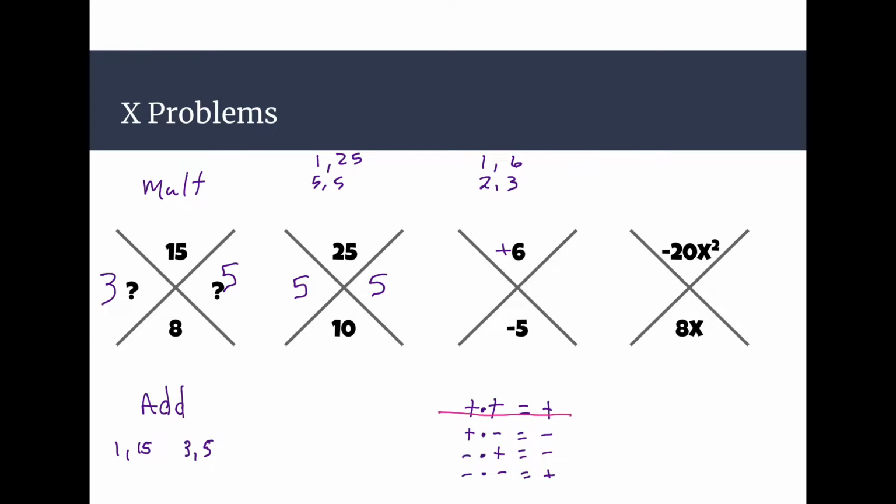So therefore, they both have to be negative. And if we look at it, negative 2 and negative 3 works perfectly, right? Because 2 plus 3 added to get 5, but we wanted the negative 5. So now I know a negative 2 plus a negative 3 equals negative 5, and negative 2 times negative 3 is a positive 6. So that one's a little tricky, and the negatives are what makes this a little bit